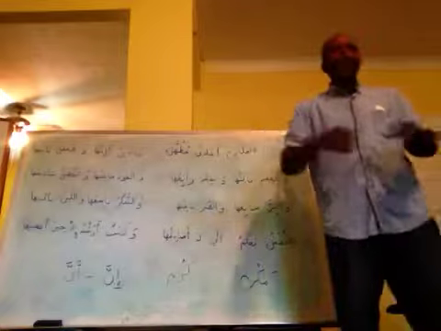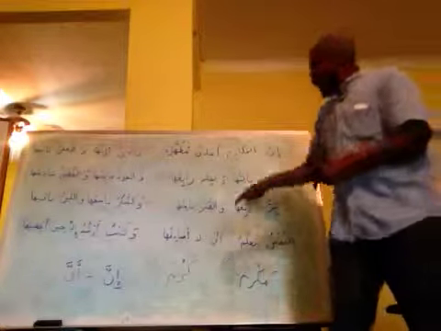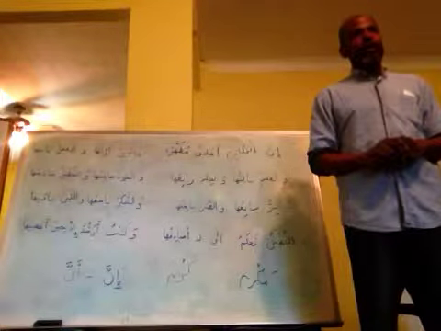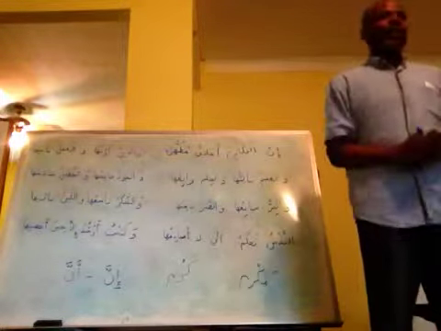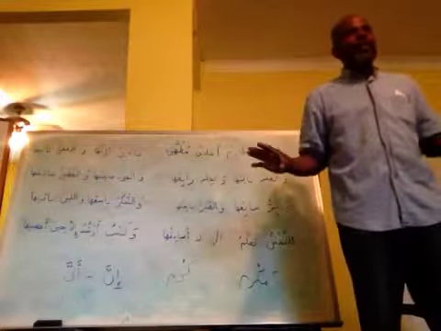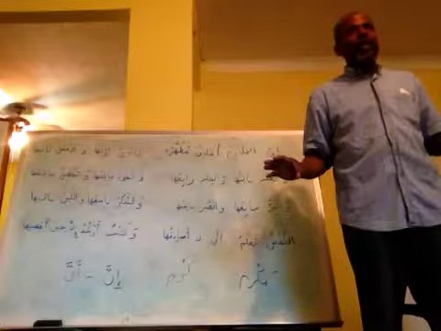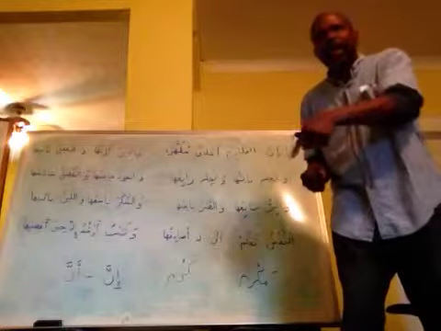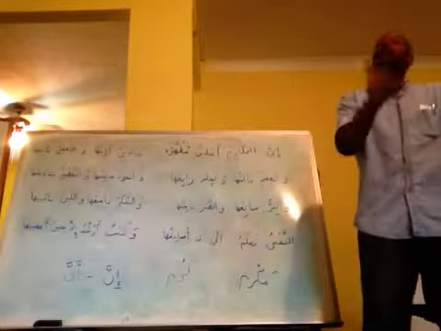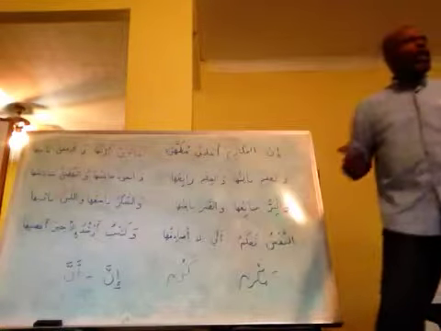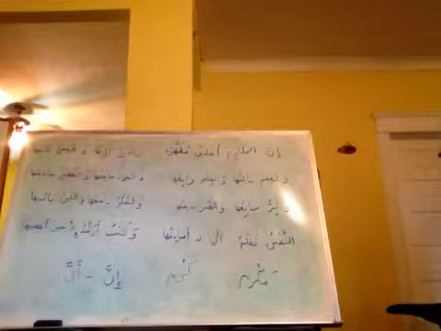He used the word forbearance. But the difference between them is this: sabr is the patience when you can't do anything about it. You just have to be patient. You're in a situation and you can't change the circumstances, so you have to have sabr. That's sabrun jamil. But hilm is when you have the ability to change it, but you still restrain yourself.